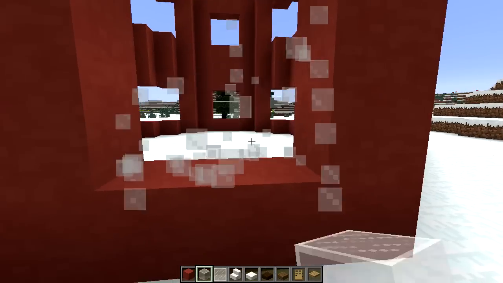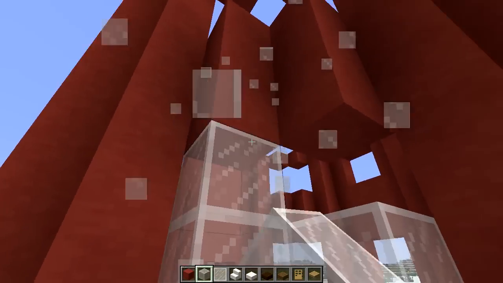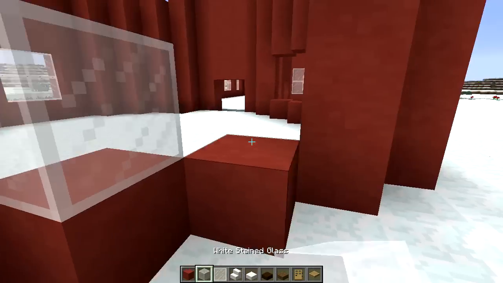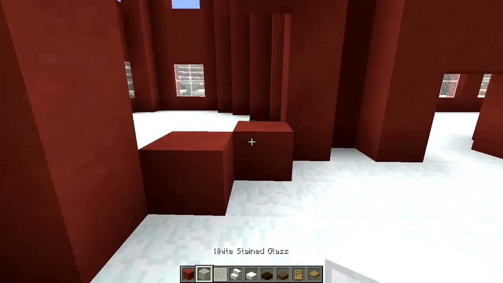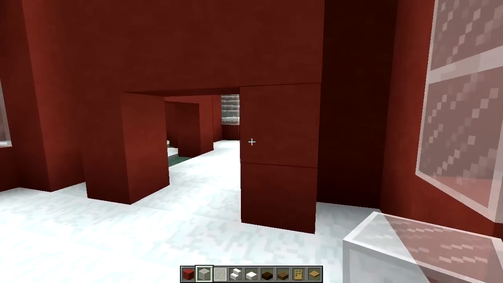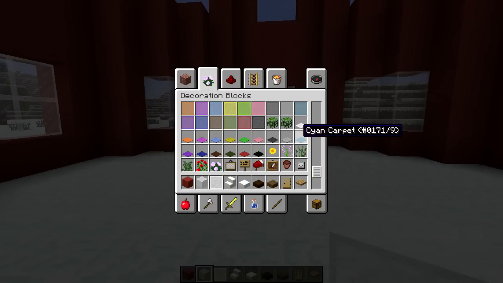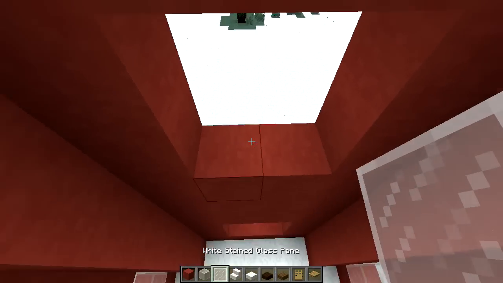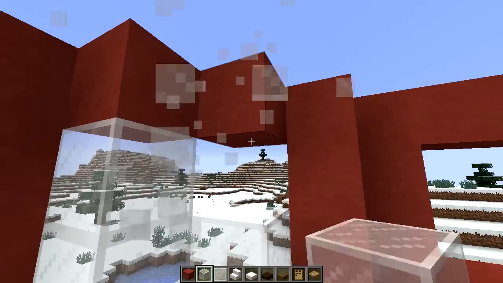Alright, whoops. I want to use panes here. And the stained glass is pretty cool. There's a lot of different stuff you can do with it. For example, here we're using the white to give a frosted effect. But you could use some colors like the lime green with some glowstone or something under it, and it just looks like a neon light. Or you could use, what other ones are there? The blue, purple, so you get some neon looking colors that way. It's pretty cool. Alright, so put all these windows in,